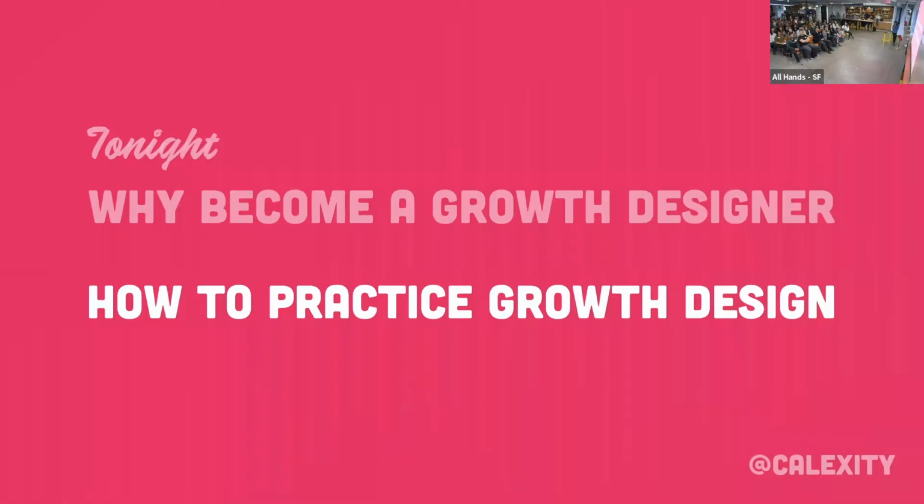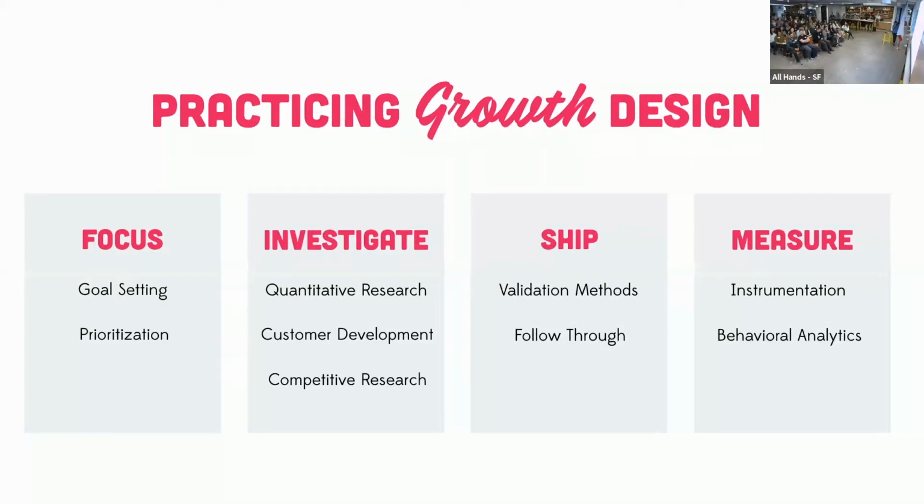I just really want to highlight the data thing. I just find in particular, that's a skill set I see underdeveloped in the field of design. So let's go into those practices. I'm going to focus on 4 areas of practice, and you'll see that there's an area here missing, which is